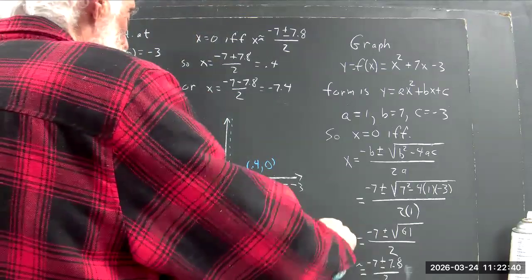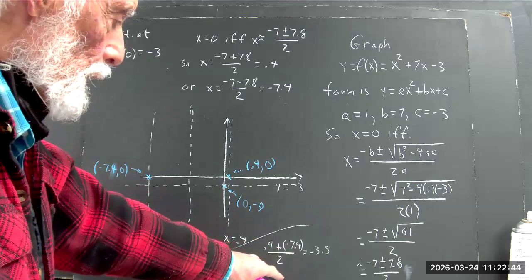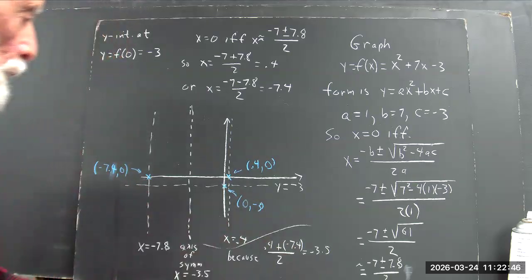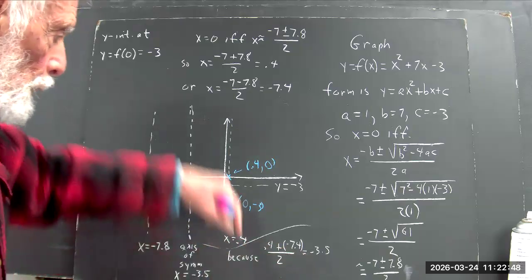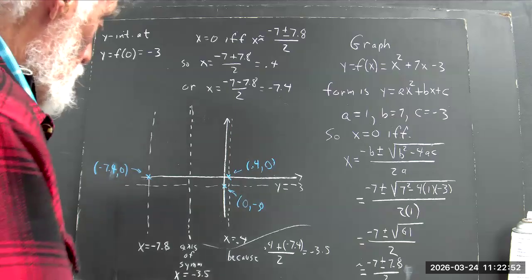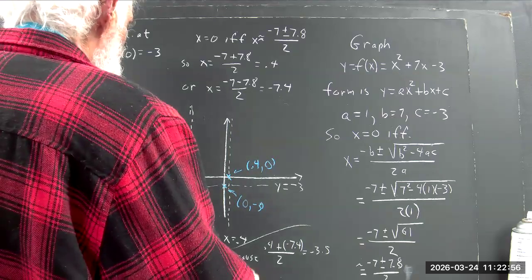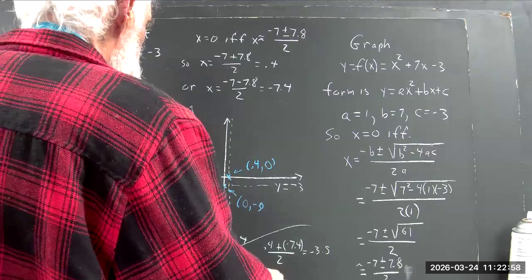So one reason is that 0.4 plus negative 7.4, divided by 2, is negative 3.5. So negative 3.5 is halfway between your zeros. And because